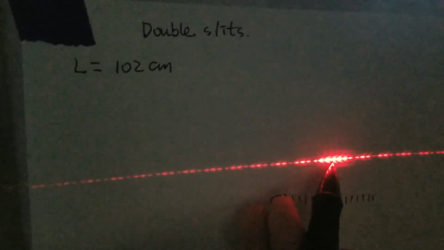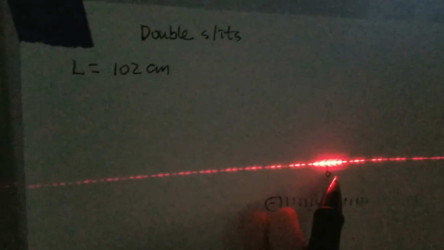This is the double slits interference for the next pair of double slits. It looks like this one will be a little bit easier. I'm going to mark here, and this is my central maxima. I will label it 0, and then